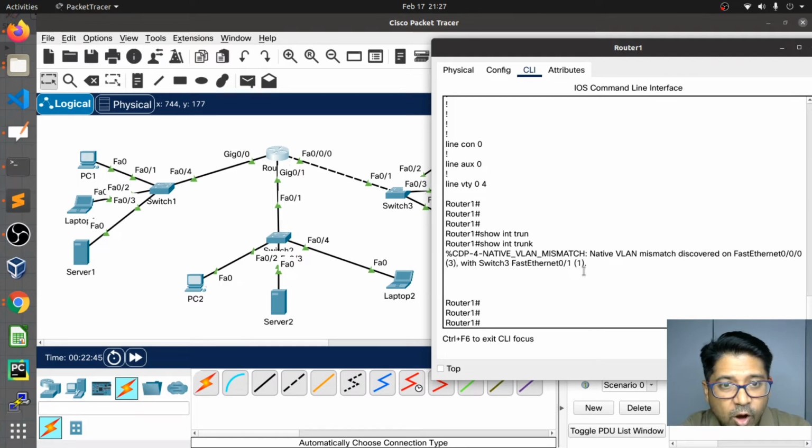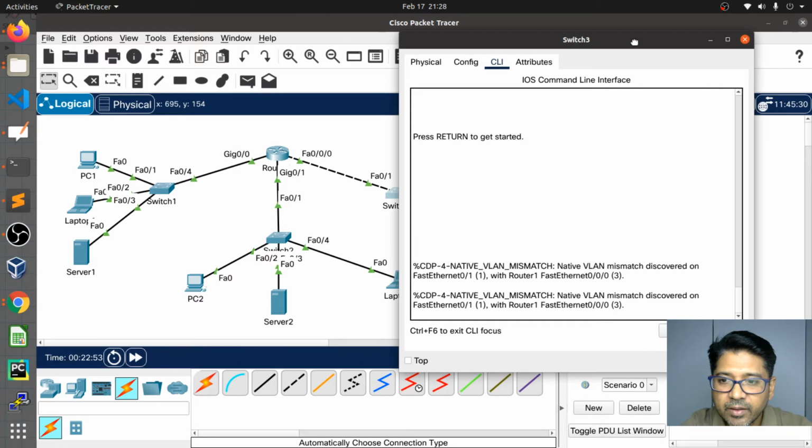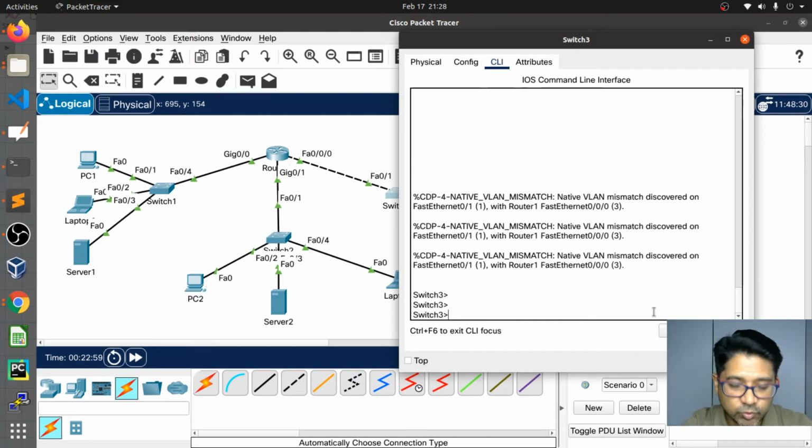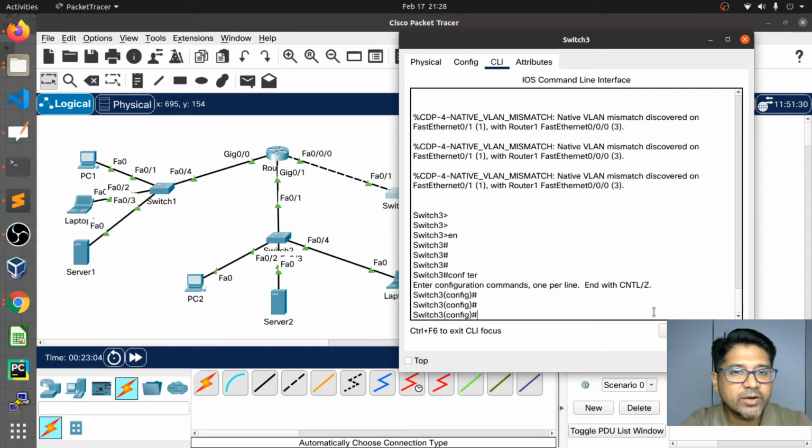Okay, that's not VLAN 1. But this switch by default has VLAN 1. Go to the CLI. They are telling I have VLAN 1. So what are we going to do here? What interface have you connected? 0/1. So either you change your native VLAN and make it VLAN 3, or from the switch side for the entire LAN, or you can define VLAN 1